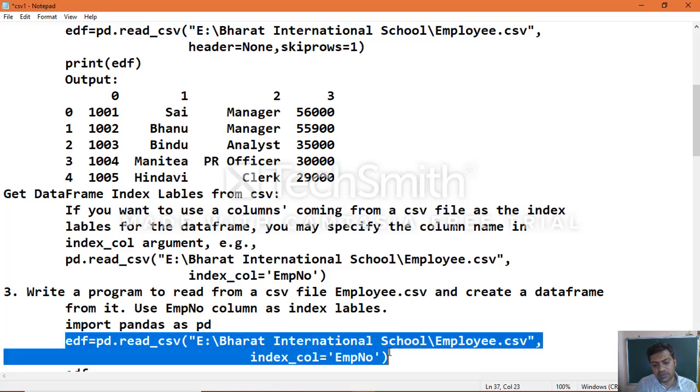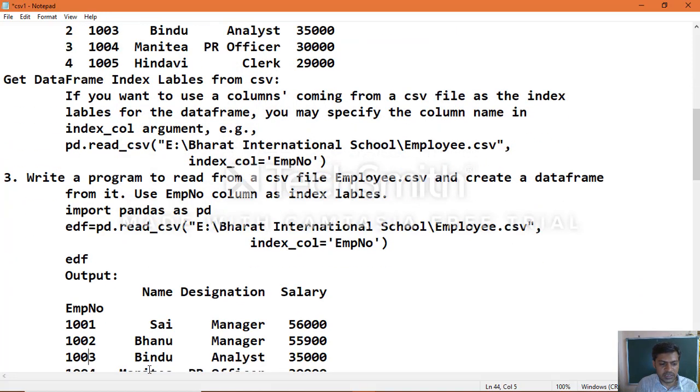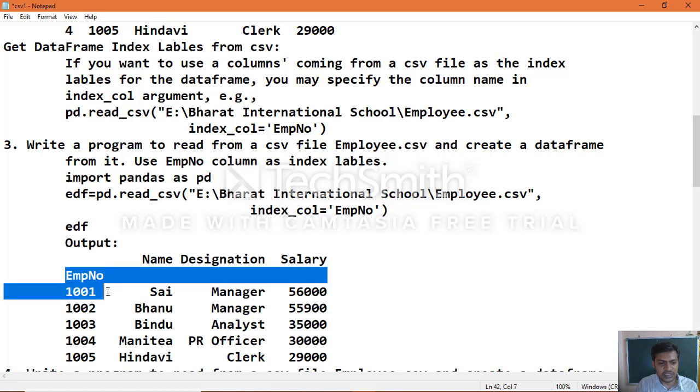Okay, so this is how you can create the data frame object, and if you print the object which you created, you see the output such that the first column, employee number, now becomes the row label index. You can see clearly the difference between the column headings and this particular column which became the index label.